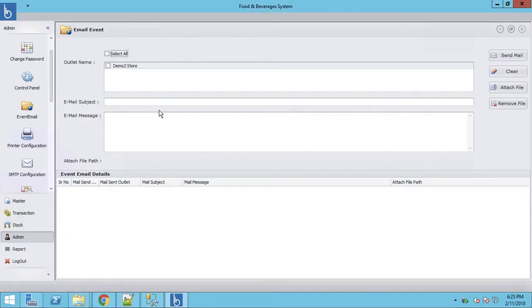Okay, we are back. So what happens is, if you have a chain of stores, maybe you have 20, 30, 50 or 100 stores, all the stores are listed here. You can choose all the outlets together, or you can choose independently, 1, 2, 3, 4, 5. If you are launching a special combo for Valentine's, or a special combo for any event, Christmas, New Year, anything, you can create a subject here. Let's say we are doing it for demo store,